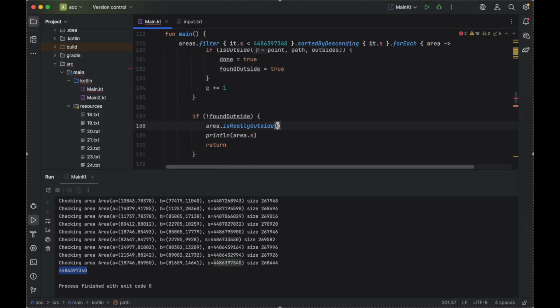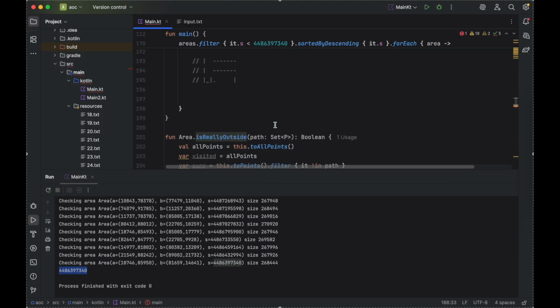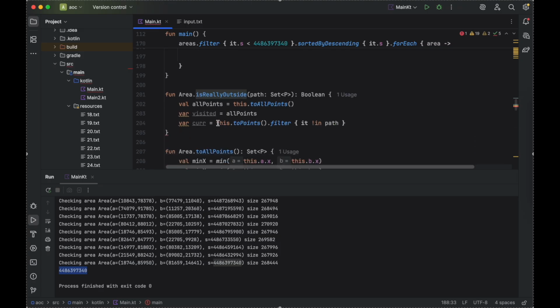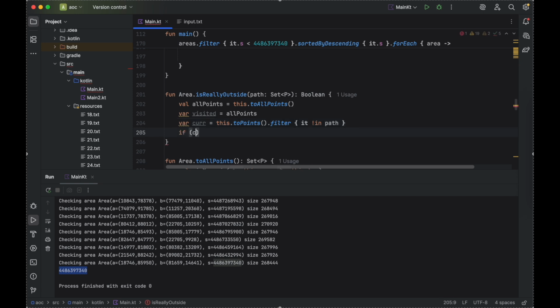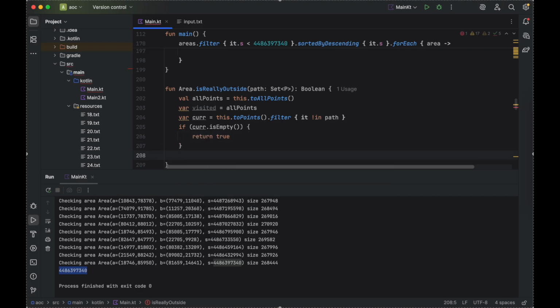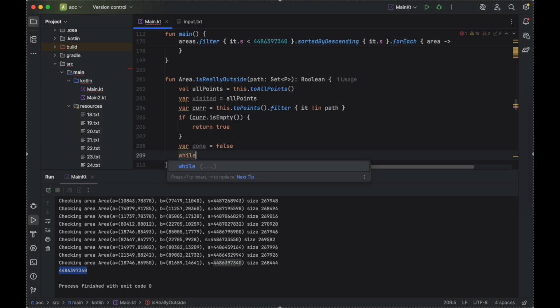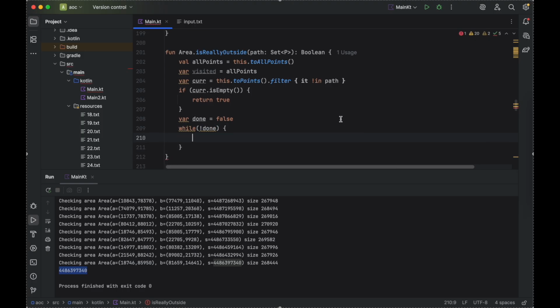Do we? So, because if we're on the path, we know we're inside. We don't care. So if current is empty, then return true, because we're just all on the path. Else, and while not done, we go